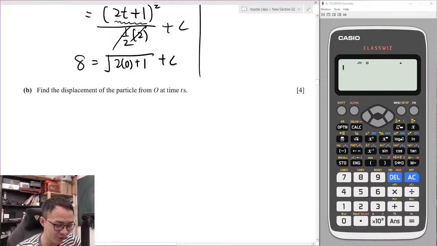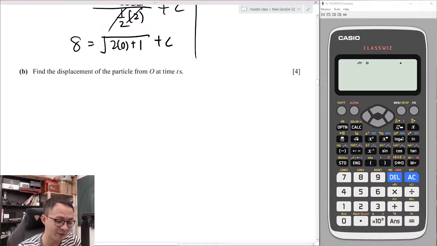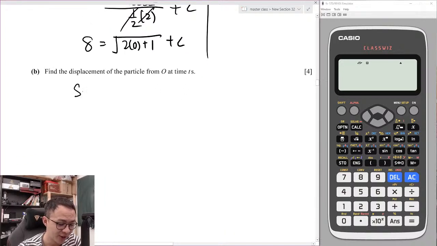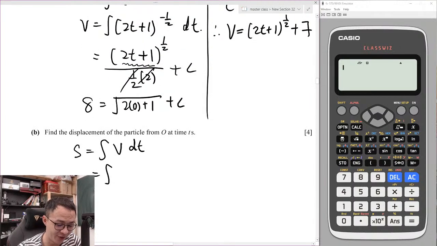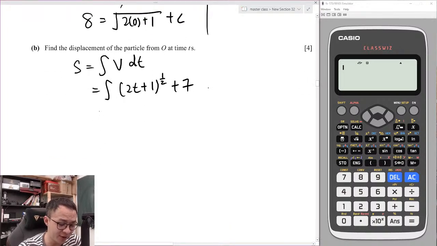Okay, then they ask you to find the displacement of the particle O from t. That means they want you to find the S equation. In order to find the S, integrate v dt, isn't it? So I will need to integrate my v, which is (2t + 1) to the power of half, plus 7. Alright, so if I integrate this one,